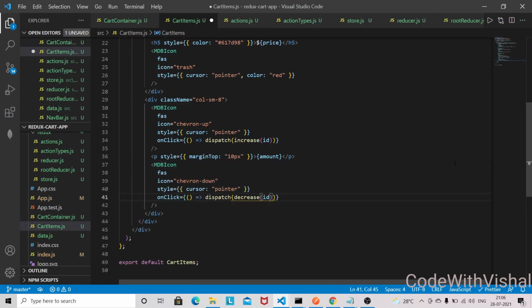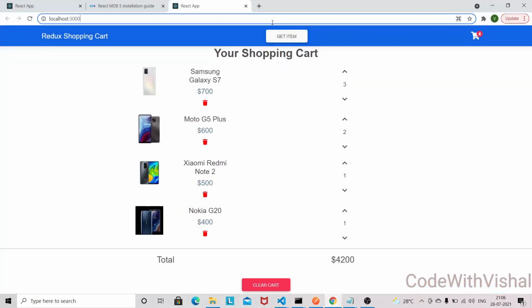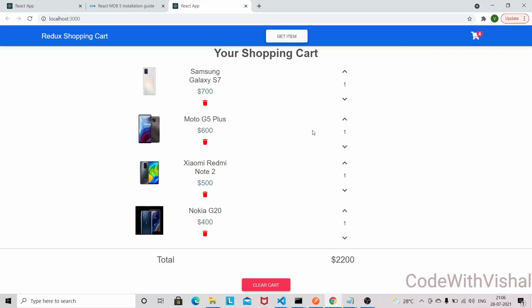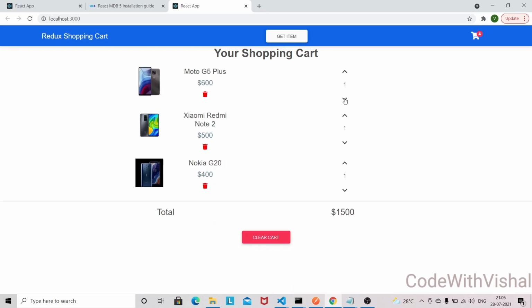Let's go into the browser and see whether it's working or not. Refresh it, and let's increase this one. Now let's decrease. Now let's click one more time, and you can see that the item is now removed from our shopping cart, and the amount is also getting updated.